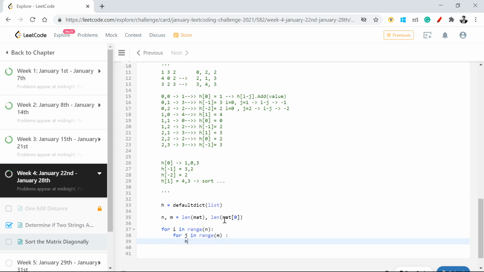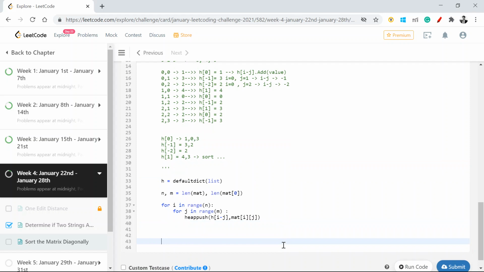and I'm going to use a heap queue object as I just talked about. At index i minus j, the value whichever I have at this index i, j, I'm inserting into the heap. The first time, i minus j will be 0, say, and this is the way it will keep on inserting the values. Now I have the values present in this heap at respective indexes.